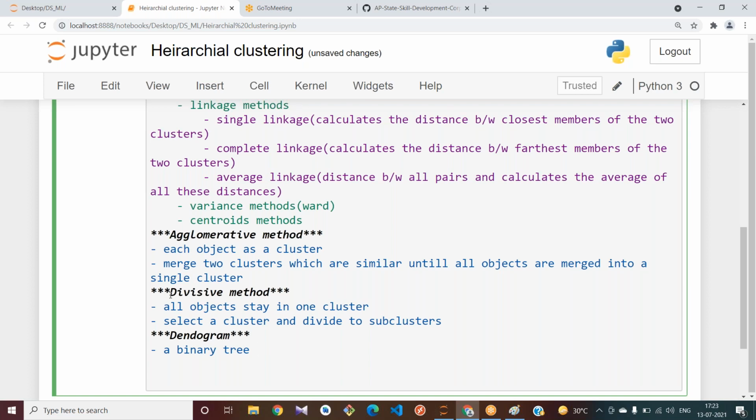Okay, it is a tree-like structure that shows how the clusters are merged or split hierarchically.